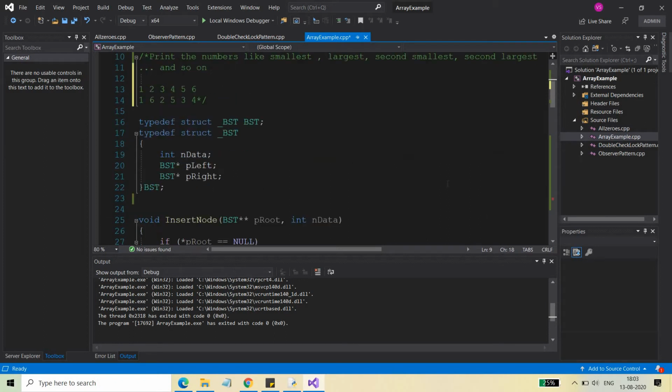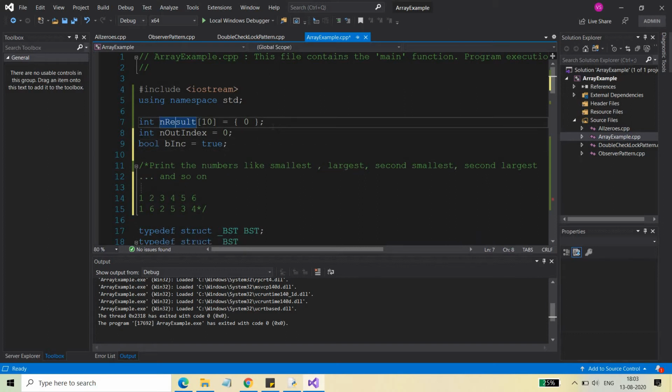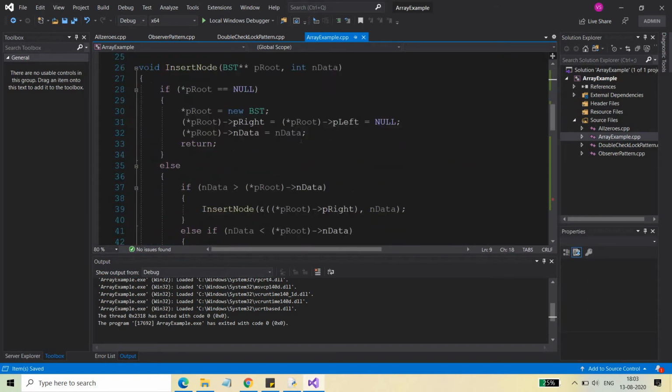So in this case, I have taken one array, end result, and then an out index which is initially set to 0, and then one boolean variable b increment, which is set to true. Now let's see the logic.